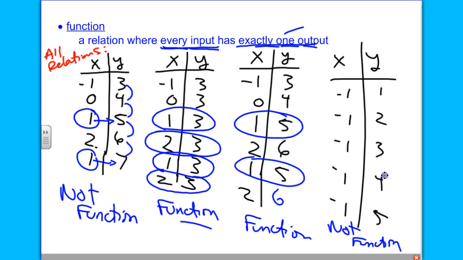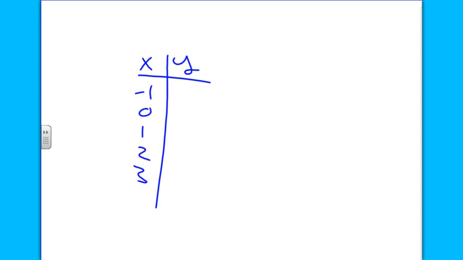So this is the opposite of this one, which was a function. Isn't that weird? It depends on the output for each input. They've got to be pairs. And this, look at -1 could be anything, it seems like. Okay, interesting. I'm going to add one more table. And negative 1, 0, 1, 2, 3. And 100, negative 2, 100, 1, 100, 2, 100,